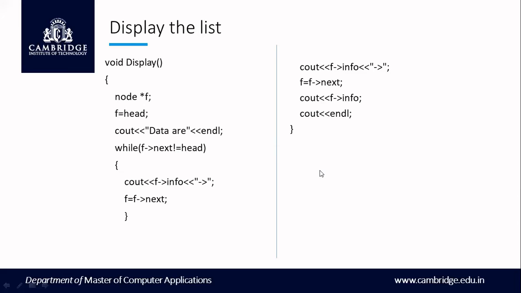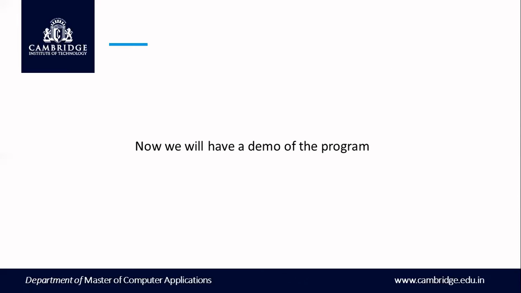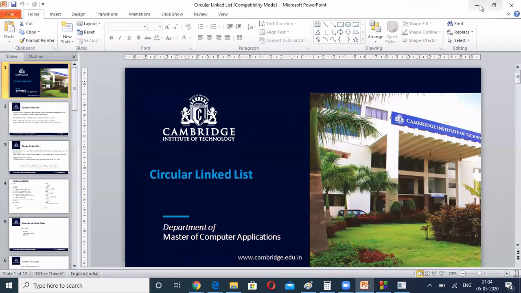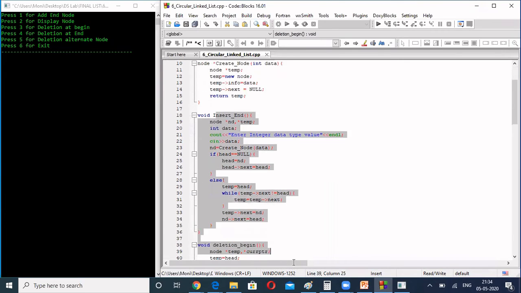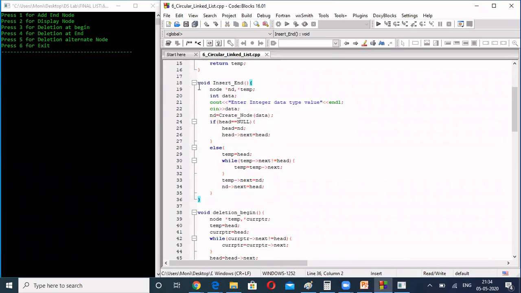Now let us see a demo of the program, how the program executes and how we are going to get the output. See, in the Code::Blocks window, I have written the header files first, then I have declared the structure of the node, then I'm creating a new node and inserting the elements into the node. Here we should have a check.